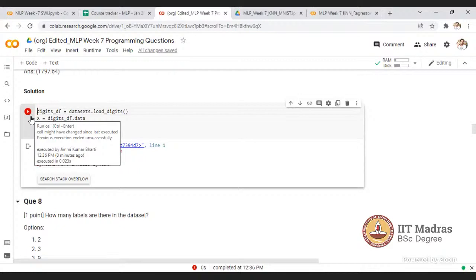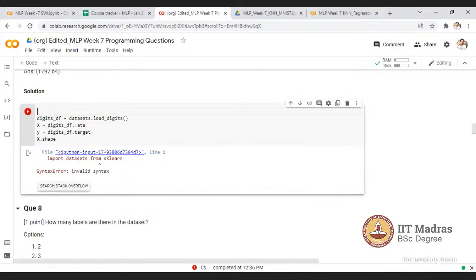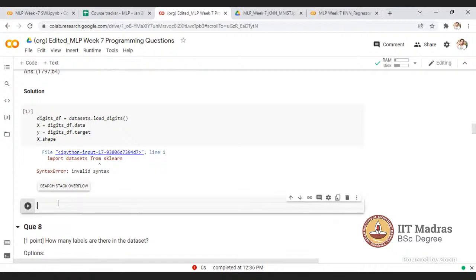Anyone remember the syntax for this? How do we import these datasets? What is the correct syntax? Can you delete the data once? You're downloading the MNIST data, right? No, this is the normal load_digits.